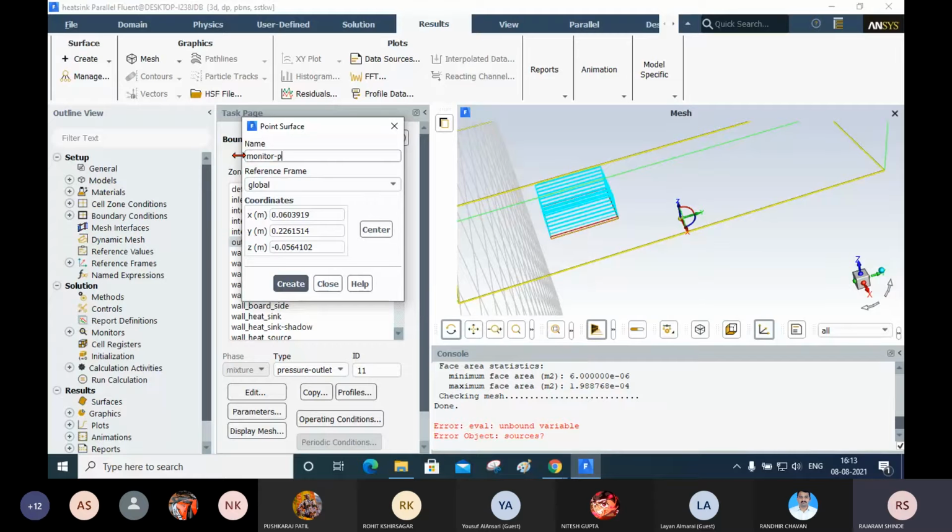Okay, I will write only monitoring point, and here I will give the x coordinate 0. You can see here you will get the point, and y coordinate I will use as 0.15, and z coordinate is 0.05. Now see here, this is a point, and click on create.